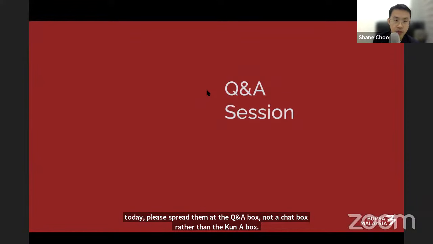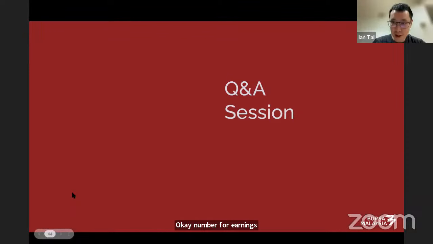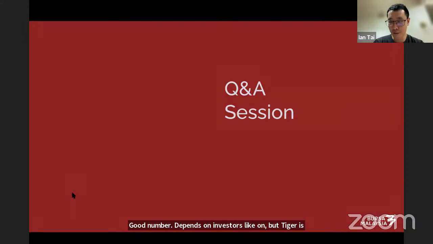So the first question is from Ahmad Azri. What is a good CAGR number for earnings? Good number. Depends on investors, huh? But CAGR is actually specifically for growth investors. So typically for growth investors,